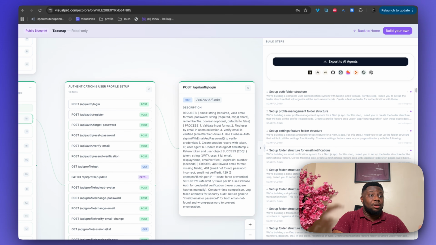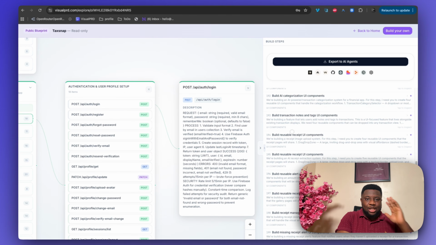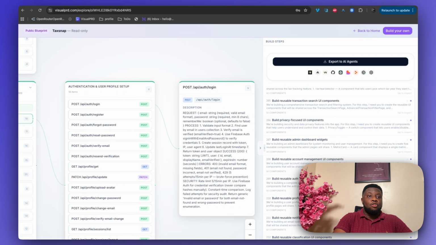Now, if you don't want to use VisualPRD, you can use Claude Code, you can use ChatGPT to plan. But the thing is that it's not going to give you full context like VisualPRD would give you, every single thing that you need at once. It's just going to give you a high-level overview, because VisualPRD uses a full agentic process to have multiple agents discuss your project. Now, let's go back into the planning.